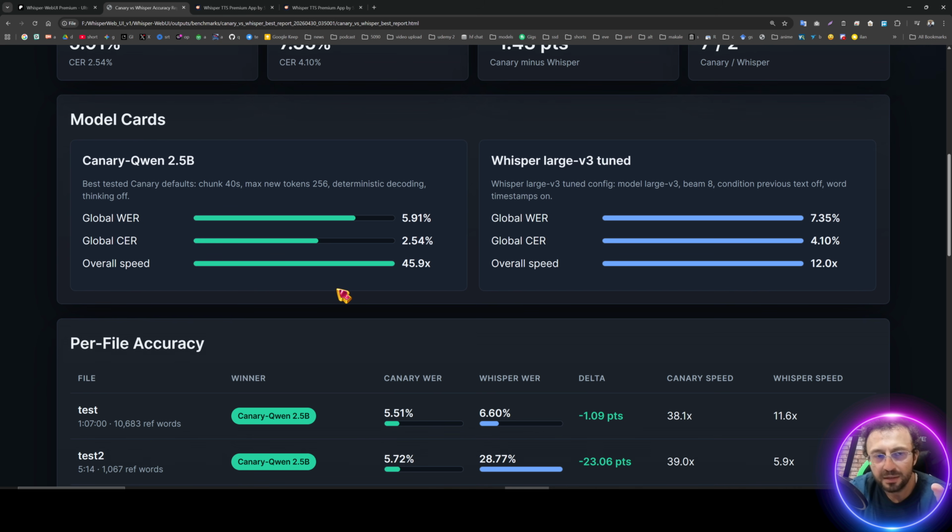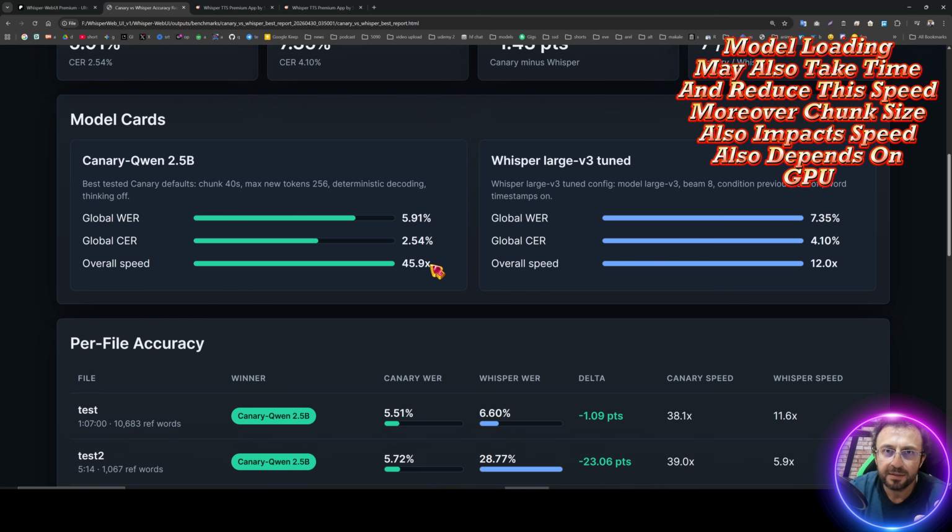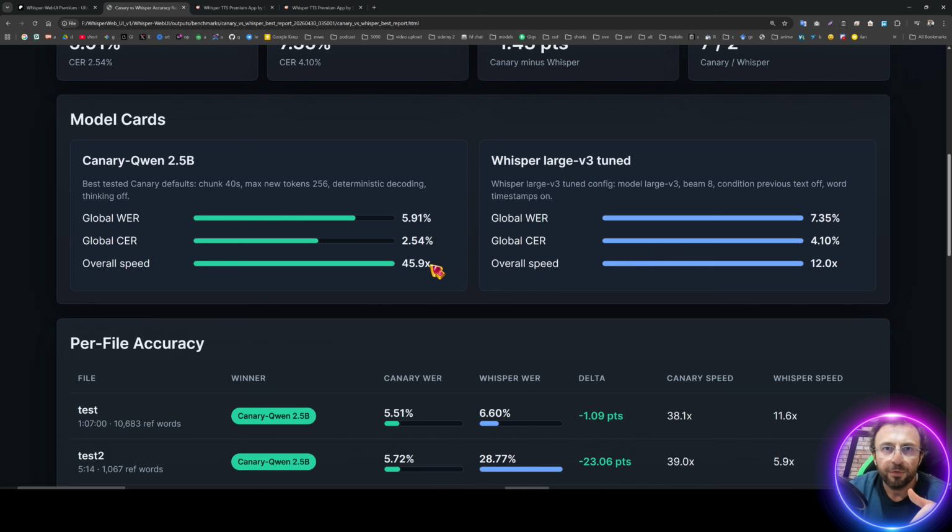Moreover, the Canary speech to text speed is much faster. This is 46 times faster than real time, which means 46 minutes of speech is transcribed in 1 minute. You can see the values. So the Canary model is much better at every statistic compared to the Whisper.